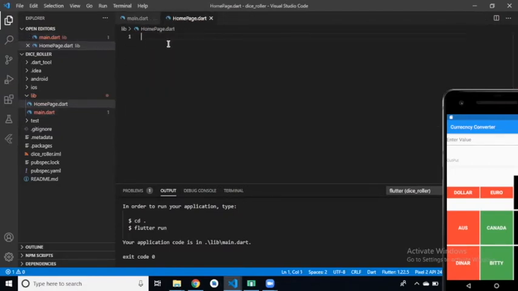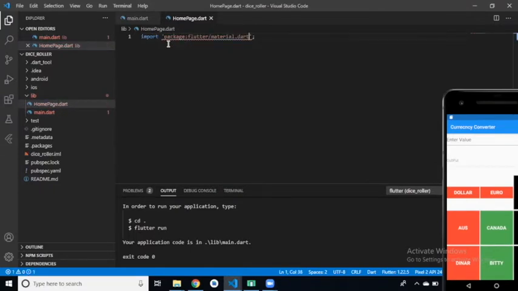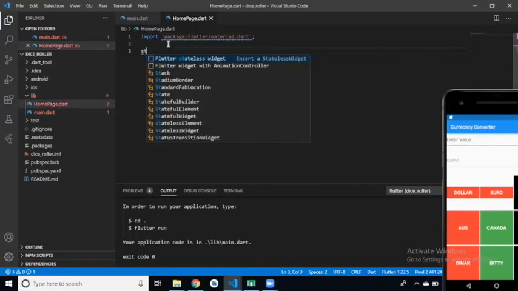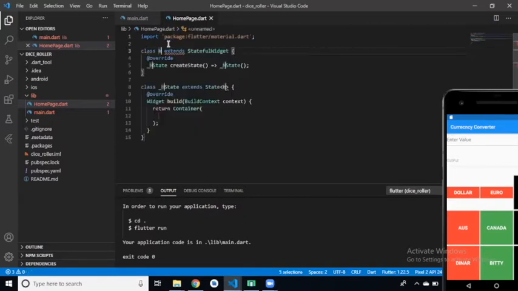So in home page, first we have to import our material package. Then this is our stateful class, right? Yes. Why? Because we perform a lot of actions here, with text and images. We want to perform some action in this class. We will click on this button and then the dice will change, right? Yes. So that is our stateful widget. So STF, then this is our home page.